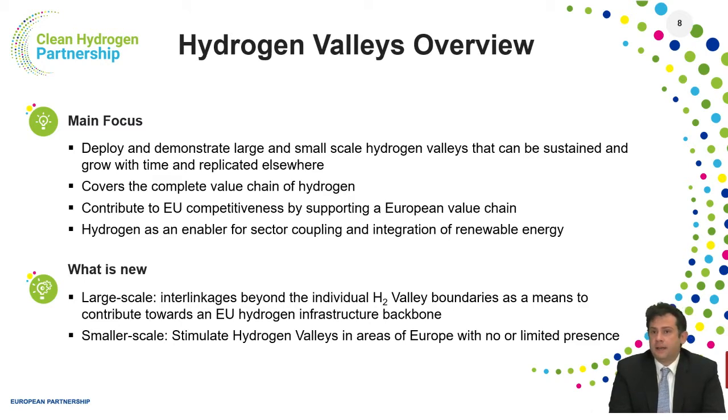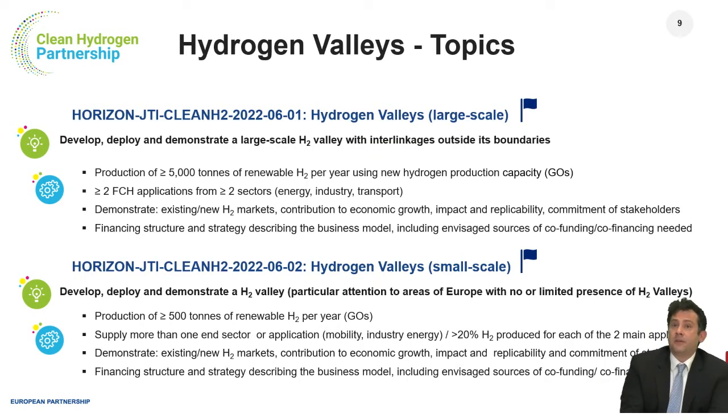While at the smaller scale, we would like to stimulate hydrogen valleys in areas with no or limited presence of hydrogen up to now. So that's the novelty. If we have a look at the different topics, as I mentioned, the first topic is on hydrogen valleys at large scale. So we would like to deploy and demonstrate a large-scale hydrogen valley with interlinkages outside the territory or the boundaries. The production of renewable hydrogen has to be at least 5,000 tons per